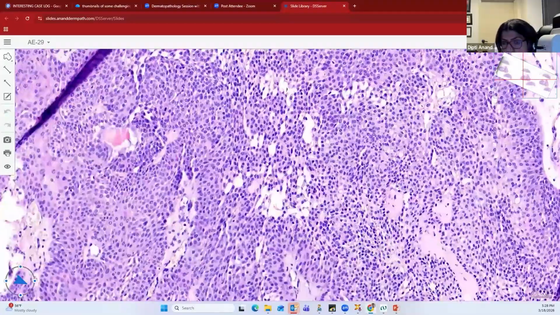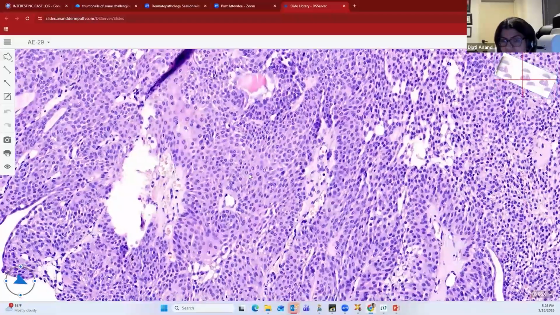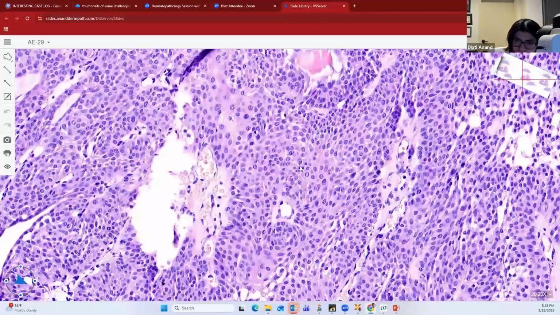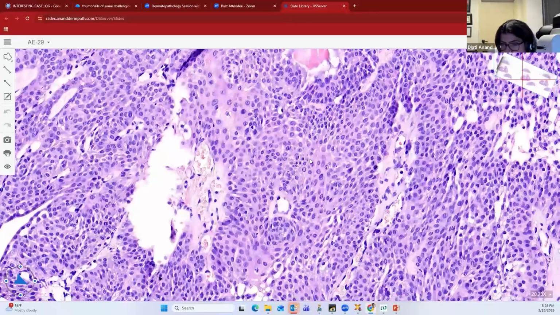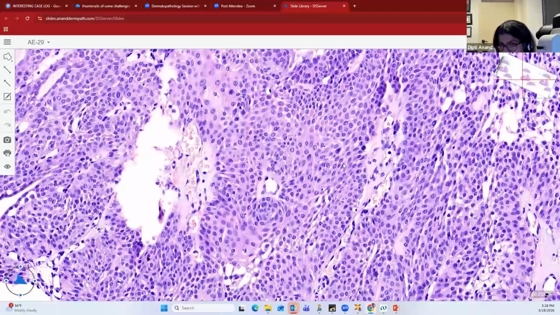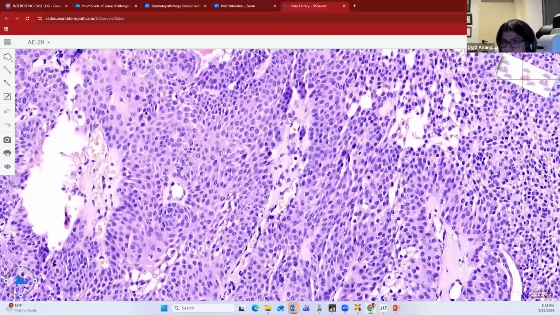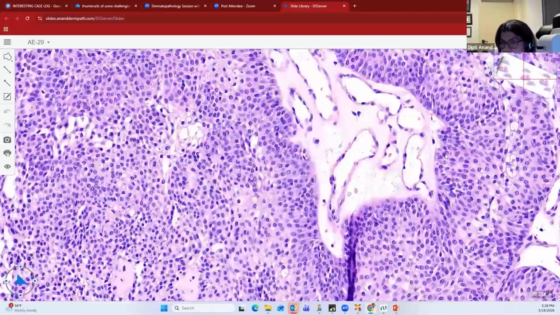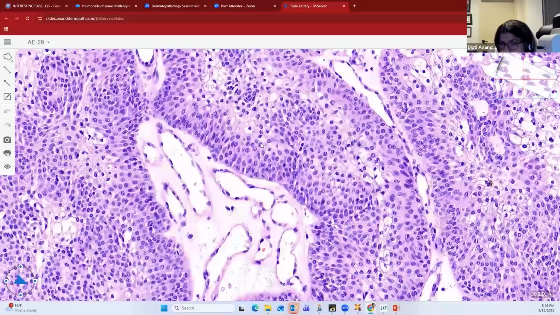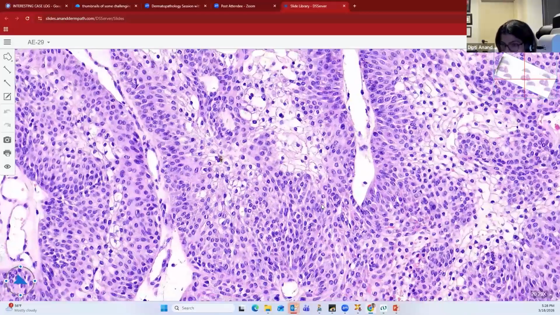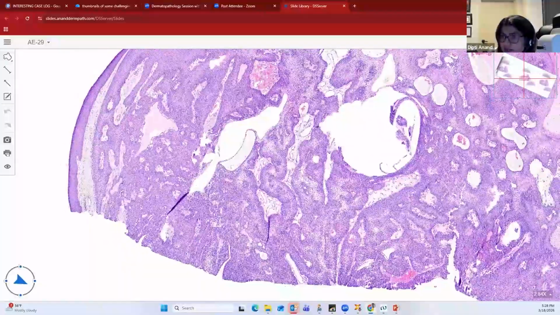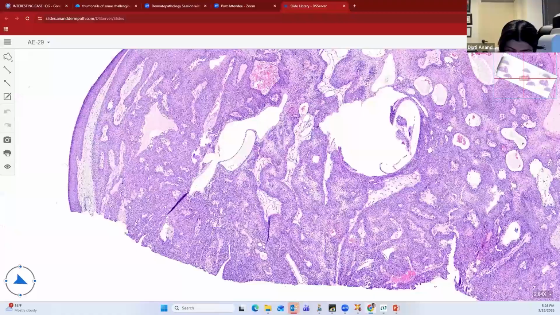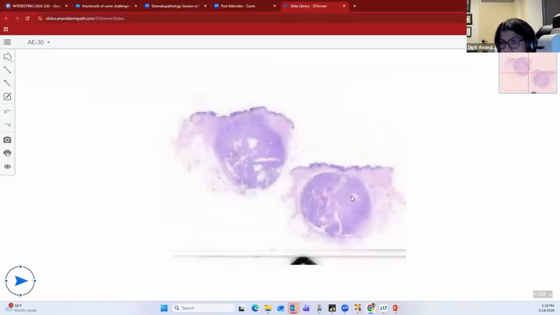Another feature of the hidradenoma is that the cells are elongated with a windswept appearance. So they look like long polygonal stretched out cells. So that's another feature that helps you to recognize it. But clearly you can see the two types of cells, the cells which have more clear and the cells which have more pink cytoplasm. Again, let me show you another example because this is probably the most difficult